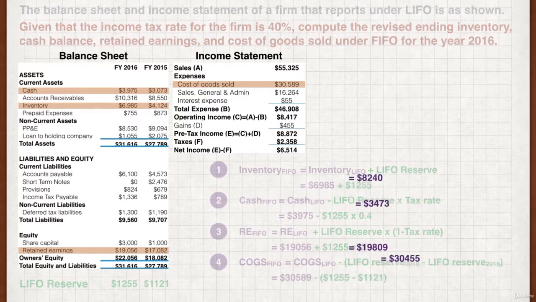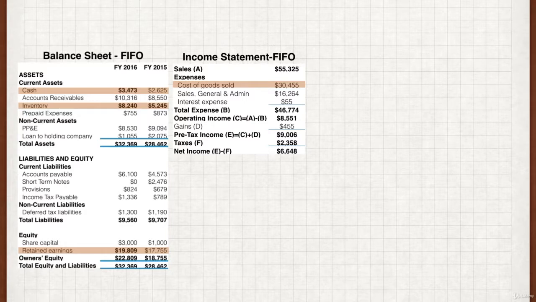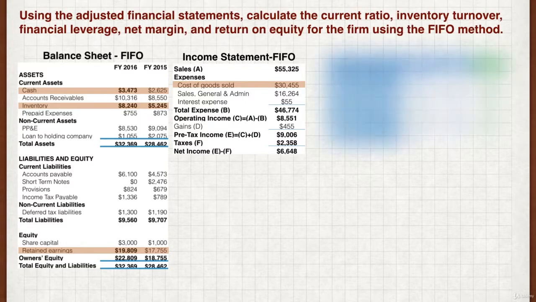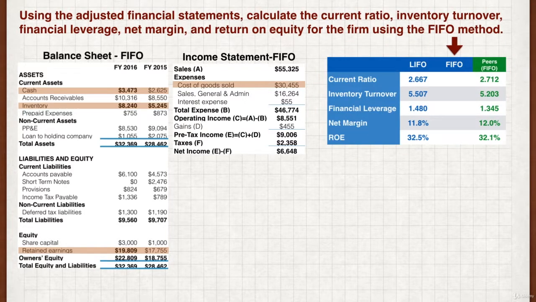$30,455. Having the adjusted figures for inventory, cash, retained earnings and cost of goods sold, an analyst can apply these adjusted figures into the statements to get the FIFO balance sheet and FIFO income statement. With the adjusted financial statements,